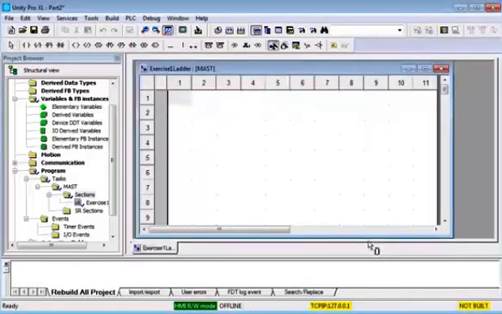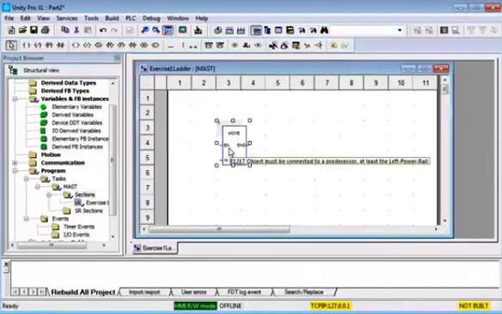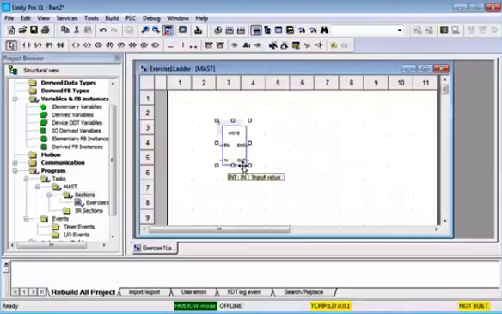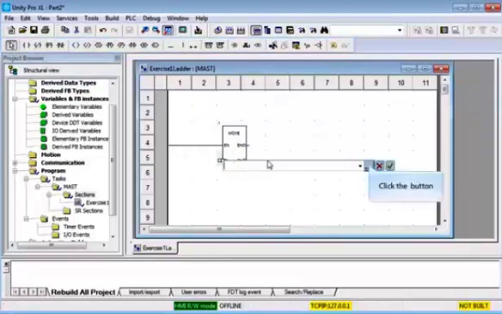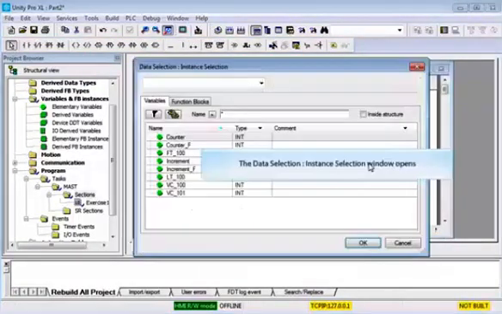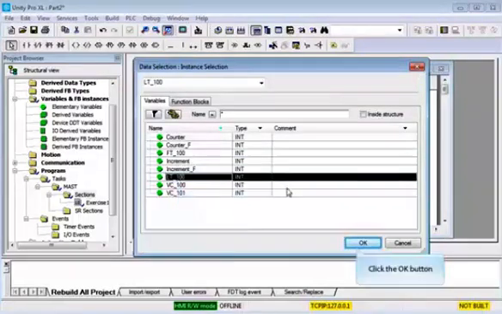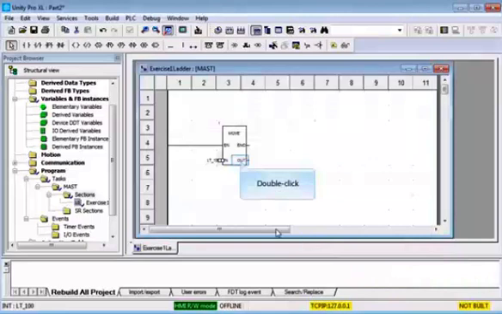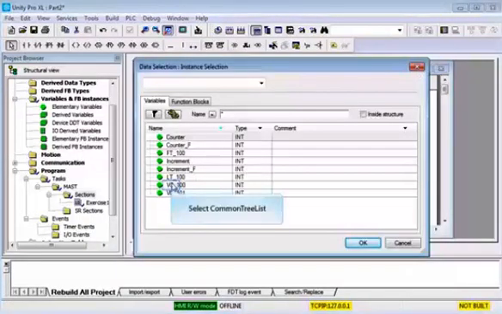Notice how we've got our little caterpillar symbol next to our pointer. When I click that on the screen, I put a move on the screen. The move has the enable input, an input and an output. We're going to connect the enable straight across to the power rail. On the in, that's going to be an integer value, so I'm going to look that up in my selection of integers. I'm going to select LT100. I'm going to select for the output VC100,